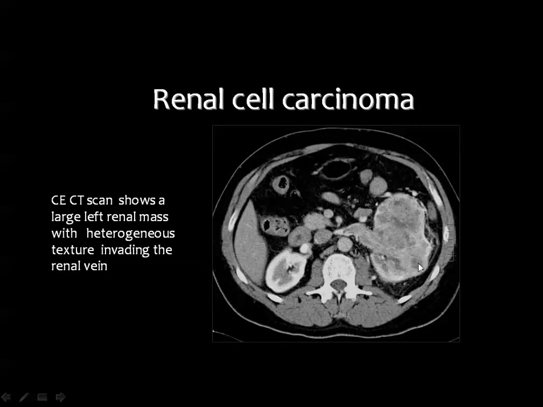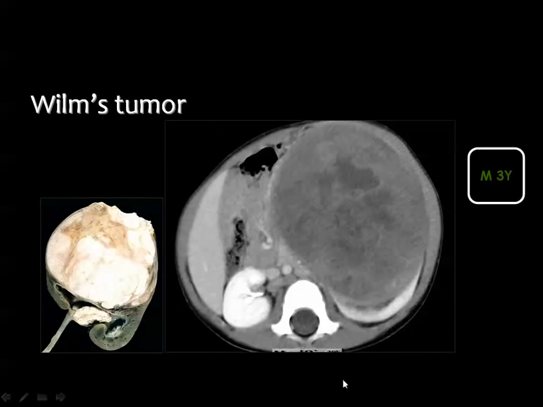And another case of a big renal mass on the left side representing renal cell carcinoma, and the mass is invading the renal vein, as you can see. This is very important information for management. But if you see a solid mass in the kidney of a child, then you are dealing with the diagnosis of nephroblastoma or Wilms' tumor, which is by far the most common solid mass arising from the kidney in the pediatric